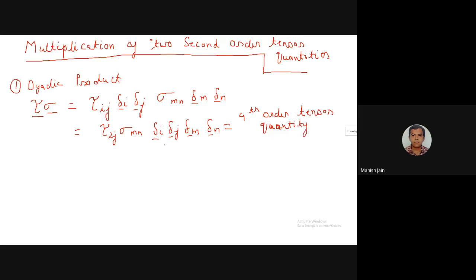So you will not find this type of quantity in the real world. That's why you will not find the dyadic product of two tensor quantities in real operations. In the mathematics which you are going to use, you will not find this operation because it results in a fourth order tensor quantity, which is not possible. Similarly, the cross product, when you take the cross product of two second order tensor quantities,